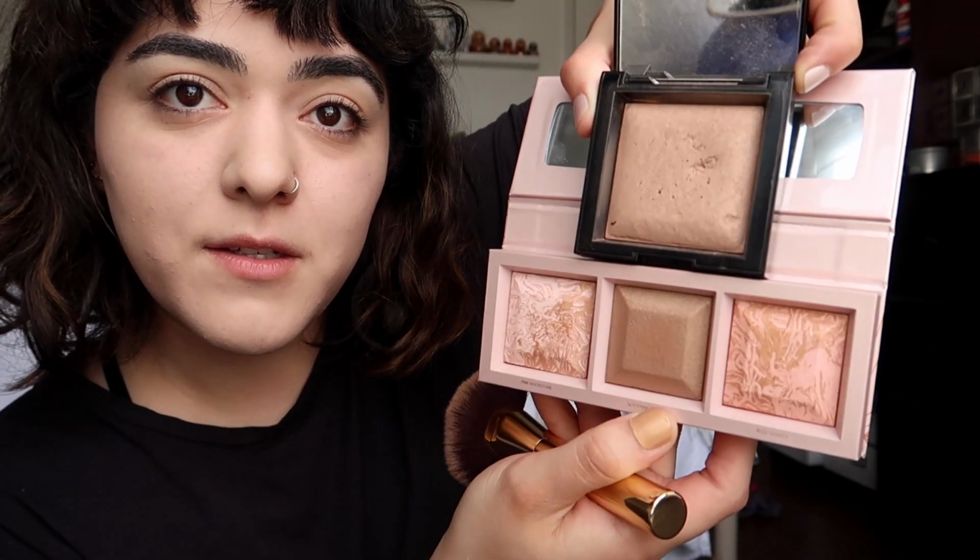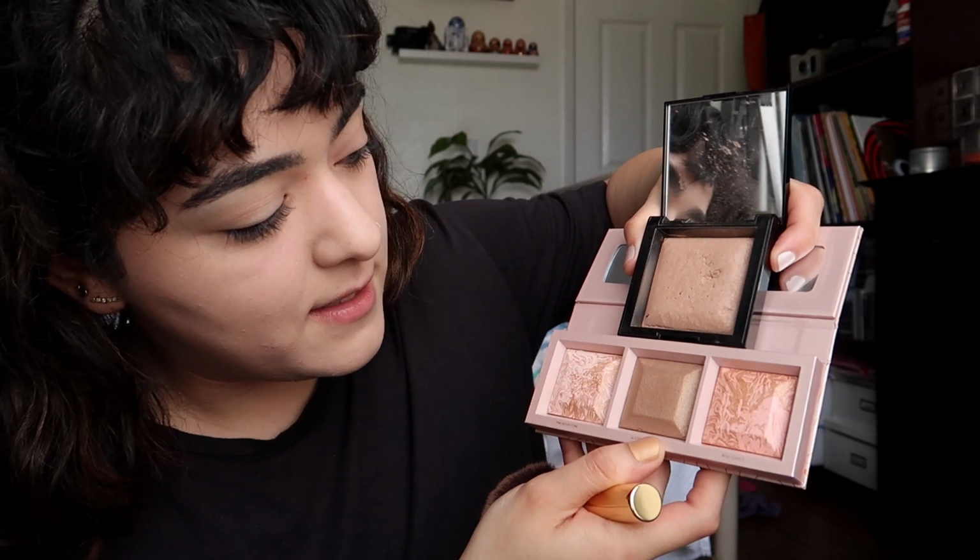This is a lot more metallic, a lot more shimmery than this guy right here, as you can see. But I mean, it looks nice. Definitely for fair to maybe tan skin tones. But that's how it goes, unfortunately. I really dislike it. There should always be 2 versions of every single cheek palette. There should be one for lighter skin tones and one for deeper skin tones, because just having one is complete bullshit. If you have fair to light skin like I do, this guy right here,